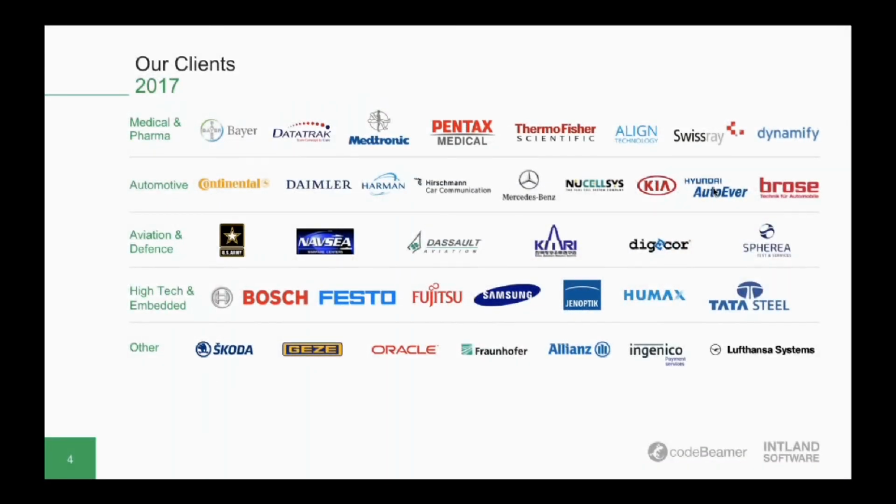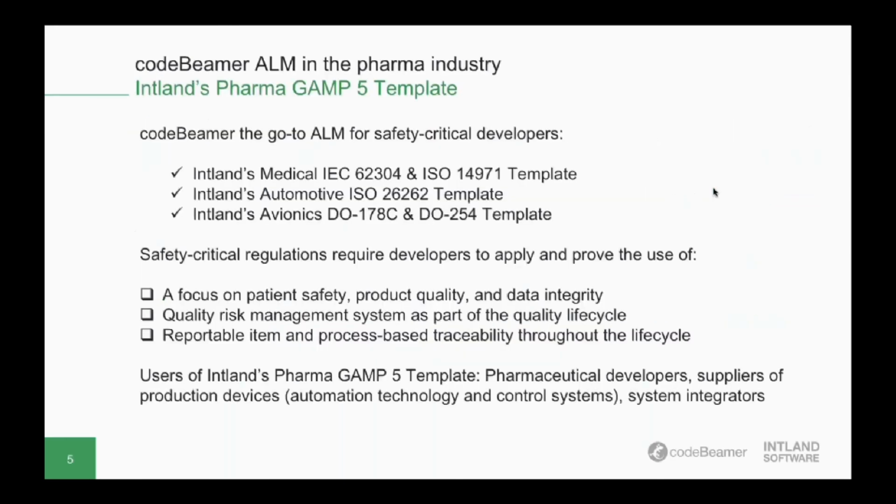Now, on this slide, you will see some of these customers from various industries, and as you see, several global companies are successfully using Codebeamer ALM, and it is becoming the standard ALM tool for safety-critical development. With the introduction of our new GAMP template today, we will be bringing the same benefits of integrated ALM to pharmaceutical users. Now, as I just said, our safety-critical project templates are widely used to save development time and costs,